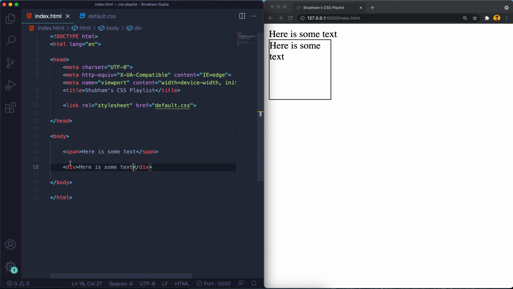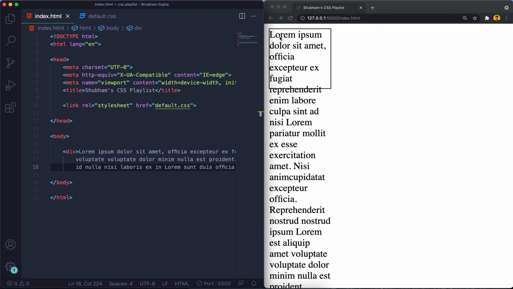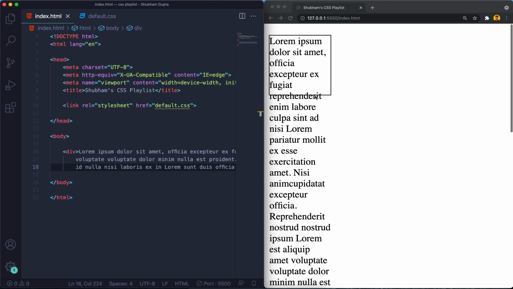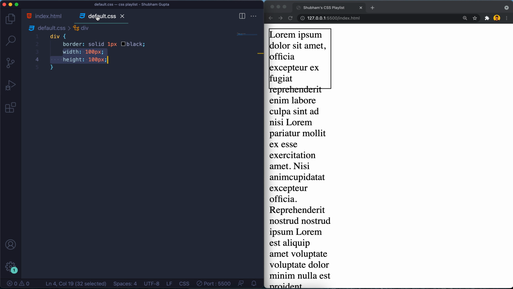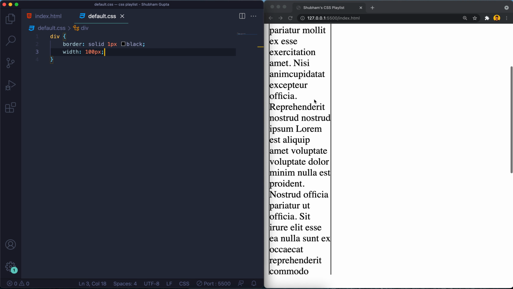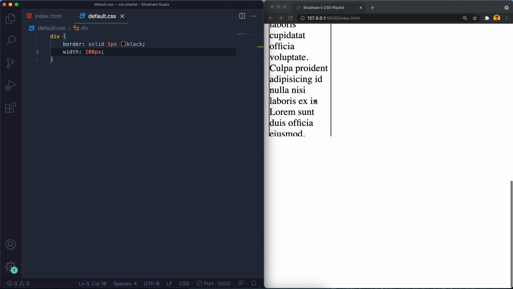And let's suppose we just remove this span from here, and we can have a lot of data inside this. Let's suppose lipsum multipara, save it, and look at this. It just overflowed from the div. So what we can do is remove this height parameter, and it will automatically grow to the height of the content.